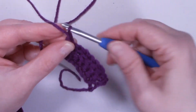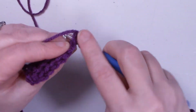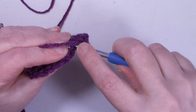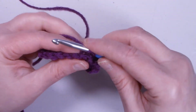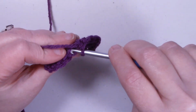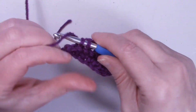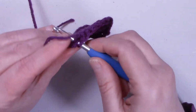Row 3, we're going to chain 1, turn the work, and we're going to repeat that. So single crochet in the first stitch through both loops, and the next 6 stitches we're going in the back loop only. 1, 2, 3, 4, 5, 6, and then the last stitch we'll go through both loops